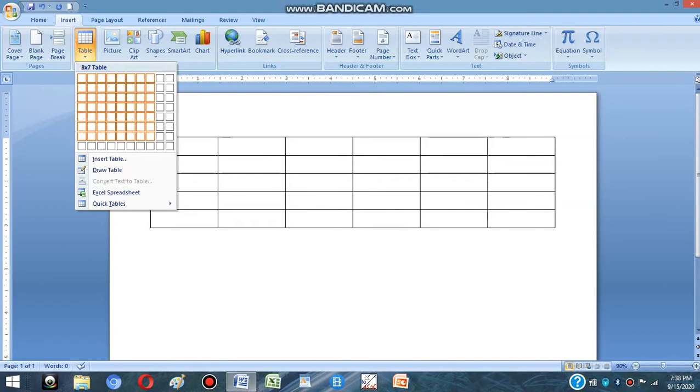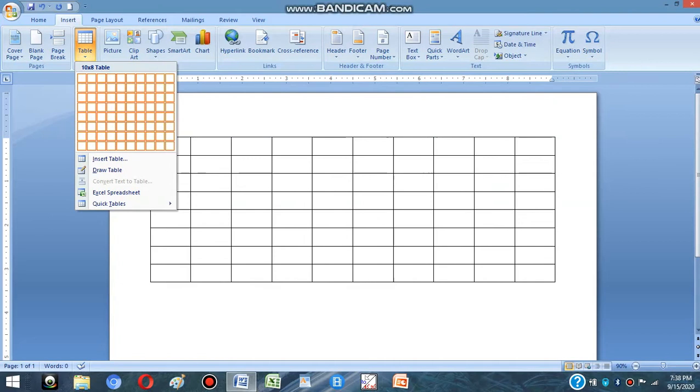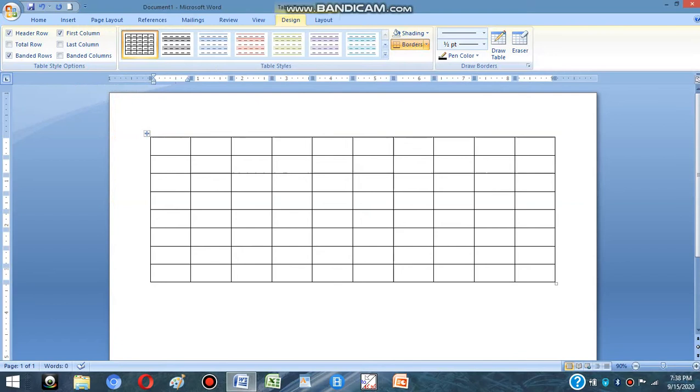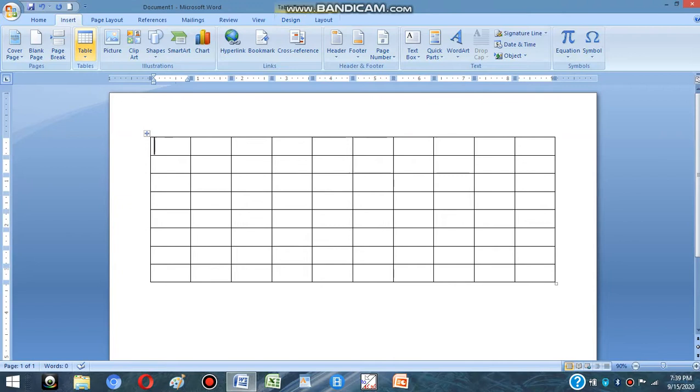It has a maximum of 10 by 10 rows and columns, meaning 10 rows and 10 columns. If we want 10 rows and 10 columns in our table, we can simply select it and the table is inserted in our Word. So this is the first way to insert a table with the grid.